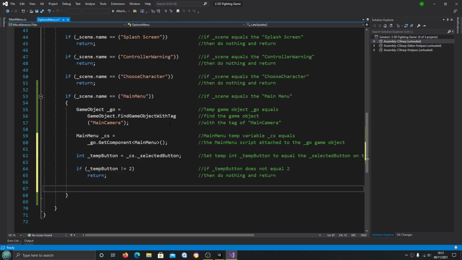So basically that's just telling the script if the selected button isn't the options button, then we're unable to open the options menu. But of course, if we are highlighting the options button, then we want to access it. So let's use the if open and close brackets option active double equals false